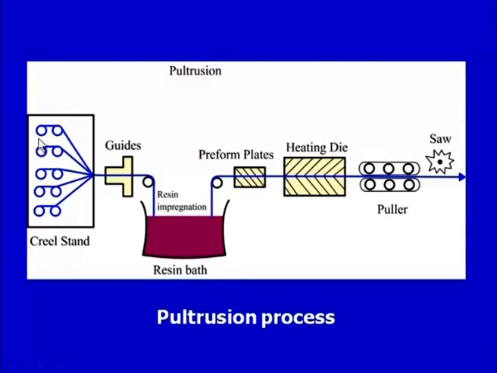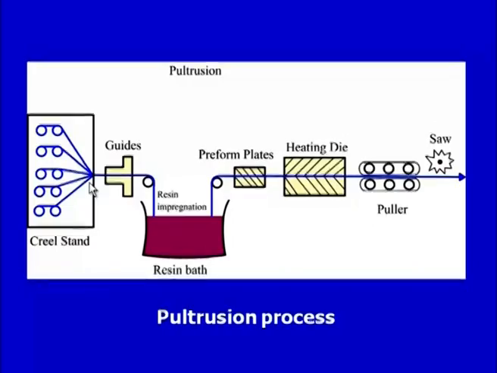You can see these are the fiber creels, these circular portions, and this in totality can be called a creel stand. In this creel stand there are different creels, and from these creels the fibers are coming. Usually the diameter of the fibers is very small. In case of glass fibers, the diameter of an individual fiber may be 10 microns, maybe 8 microns to 12 microns. So, therefore, these fibers cannot be handled. So, the fibers usually are in the form of strands, and each strand may have maybe hundreds of fibers bound together. So, these are fiber strands which are coming, 1, 2, 3, 4.